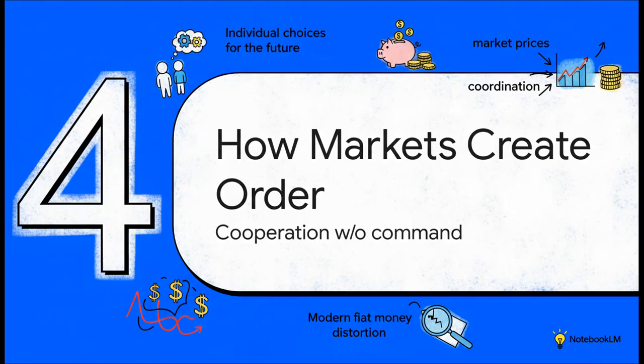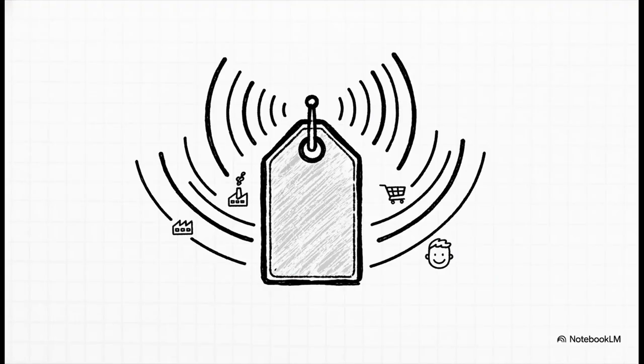Okay, so we have billions of people all making choices based on their own personal time preference. But how in the world do all those individual actions coordinate to create the incredibly complex global economy we see? Well, the answer isn't a central planner sitting in a control room. The book explains that prices are the secret sauce. A price isn't just some random number. It's this incredibly dense signal packed with information about supply, demand, scarcity, and what people actually want.